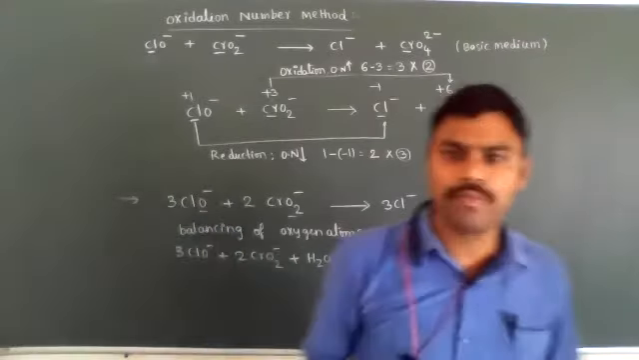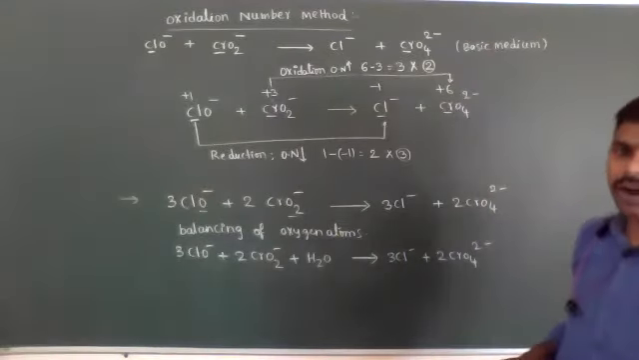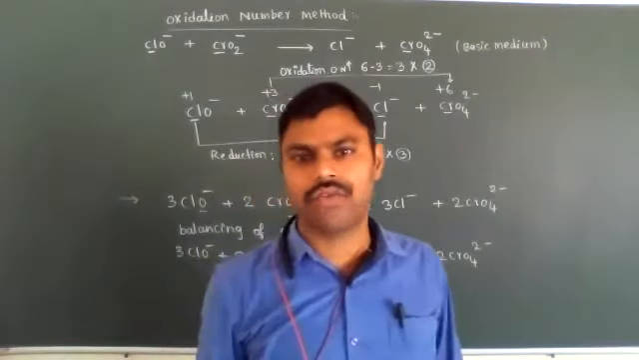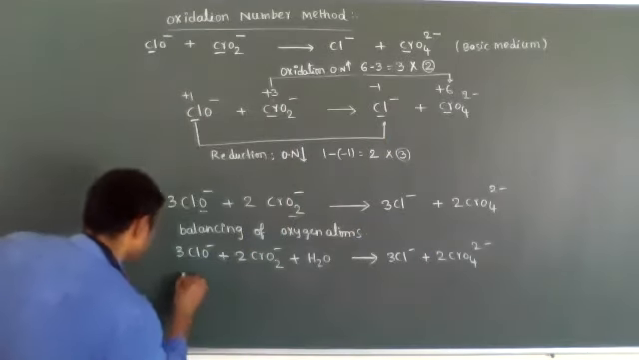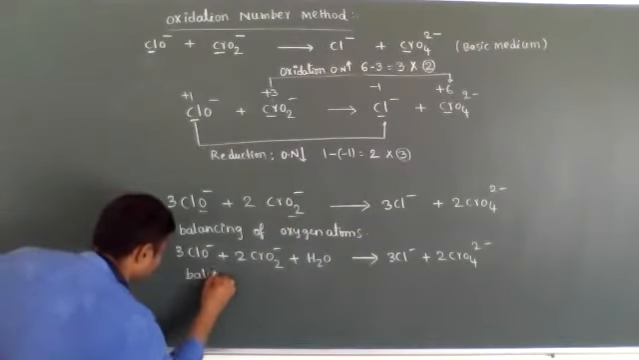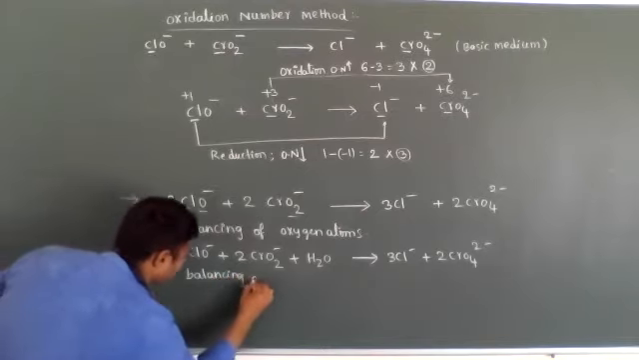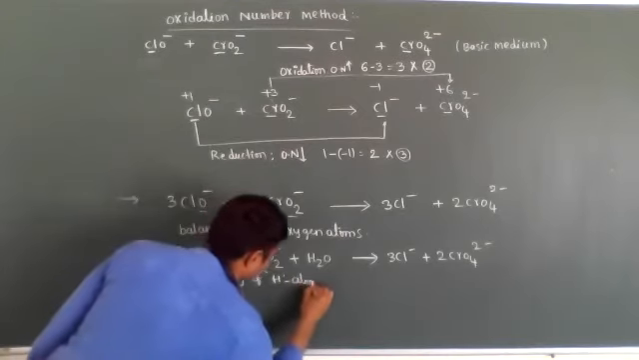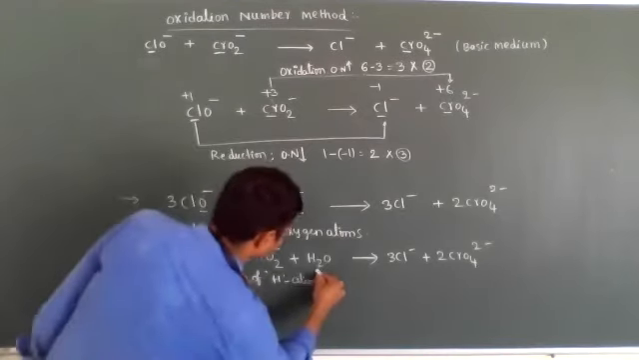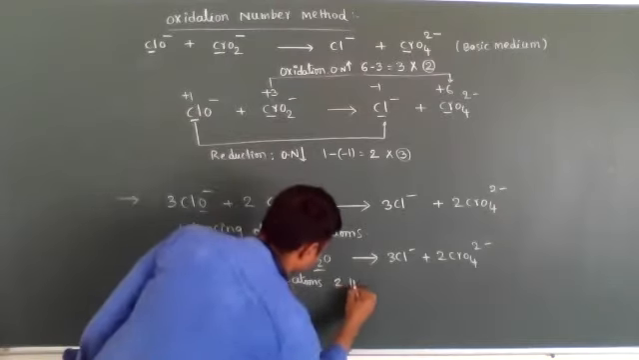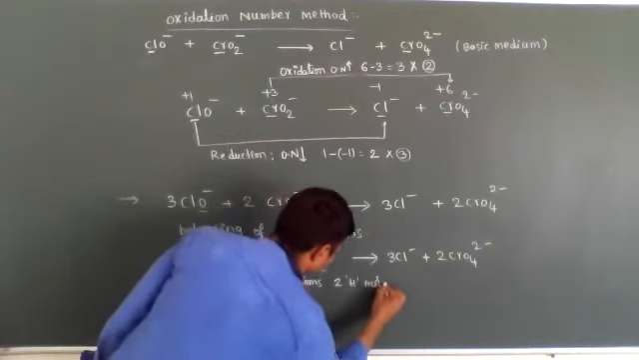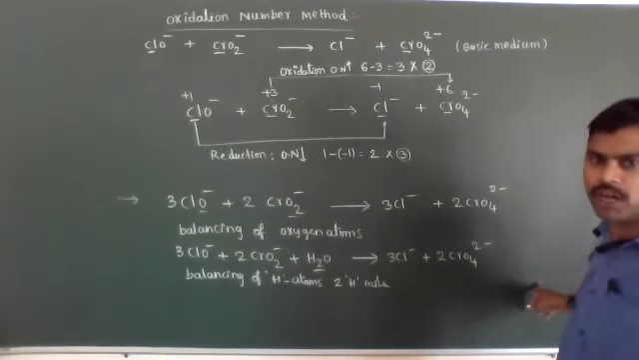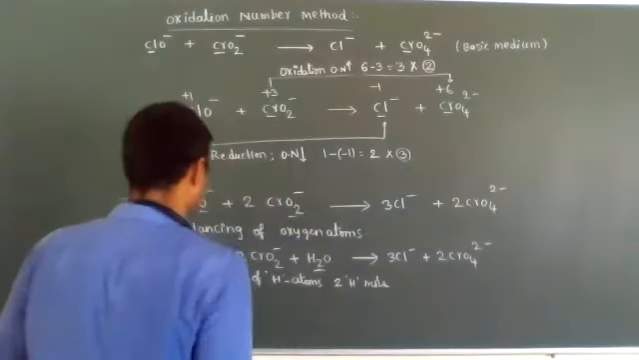In basic medium, how to balance hydrogen atoms? Balancing of hydrogen atoms is by the addition of OH minus ions on one side and, on the opposite side, the addition of water molecules. See, balancing of hydrogen atoms: on the left side, 2 hydrogen atoms are more. So on the same side 2 OH minus ions we have to add, and on the opposite side 2 H2O molecules we have to add. Then we'll get